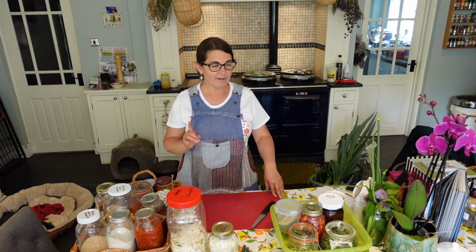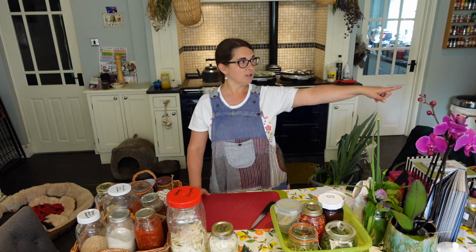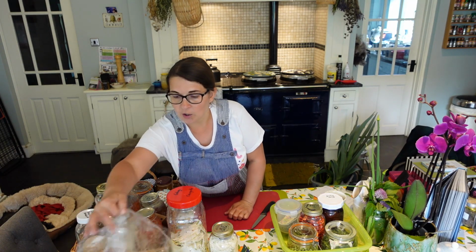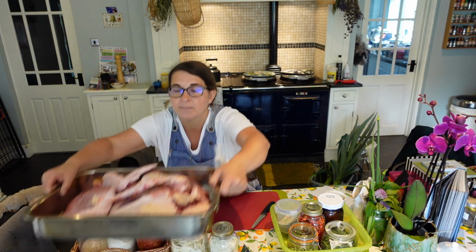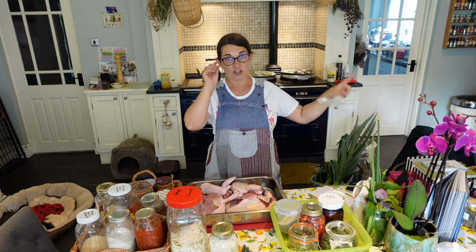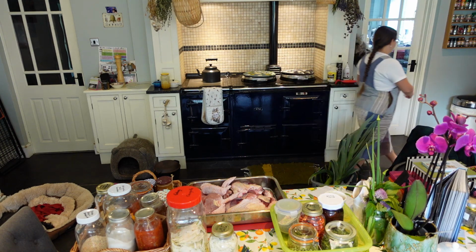So what I have done now, I've put my 15-liter pot, filled it with about 10 liters of water, and I've got the chicken bones, what was left over after I cut off the wings, the thighs, the breast, so most of the turkey ingredients. And whatever was left over, the bony bit, that's now in my chicken soup. So let me show you what else,